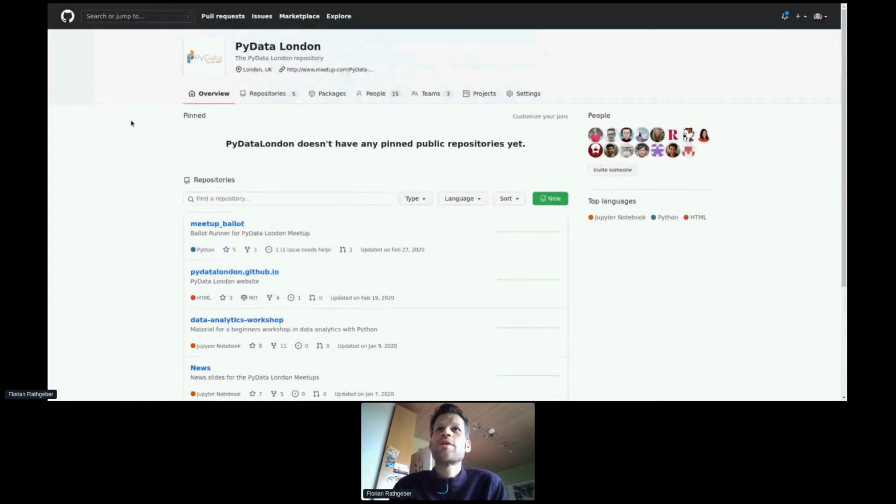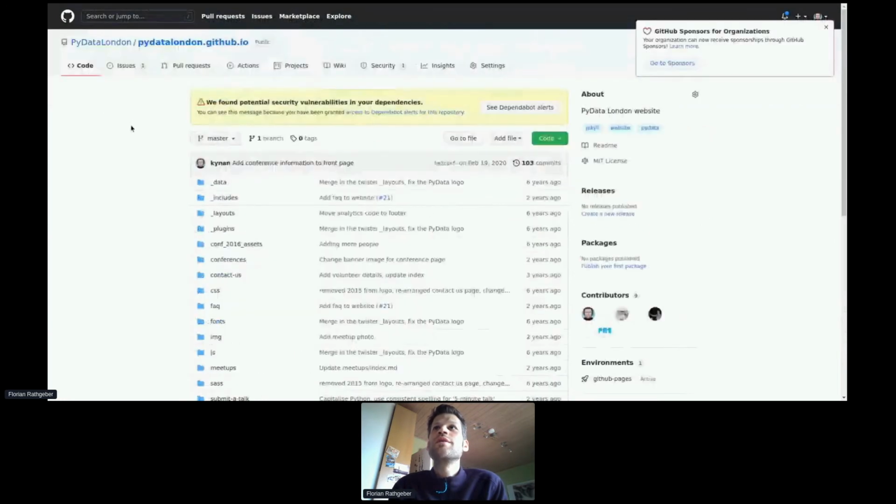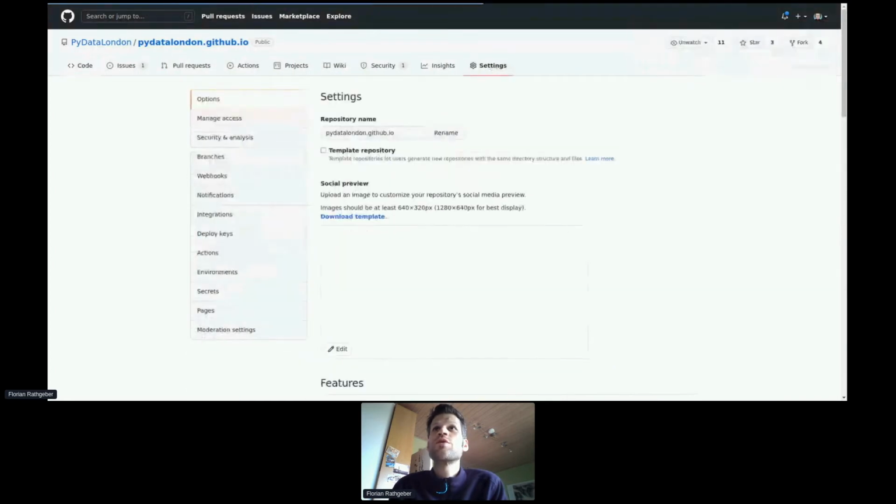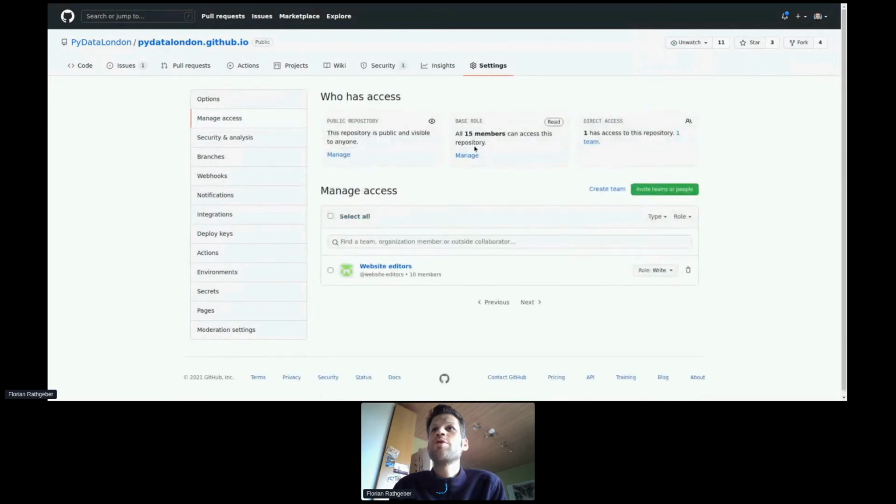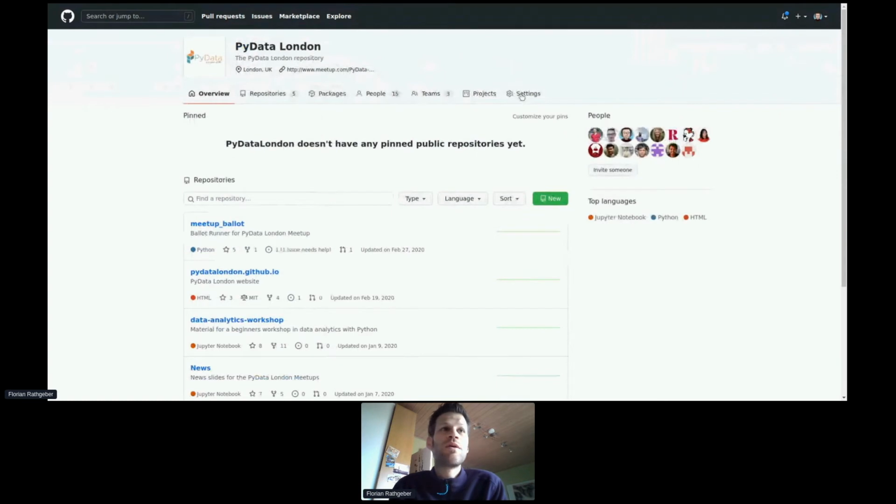For instance, our website, and the collaboration settings here are much broader. These would be the settings for the individual repos, but you can set roles at the organization level. So if I go back to the organization here,